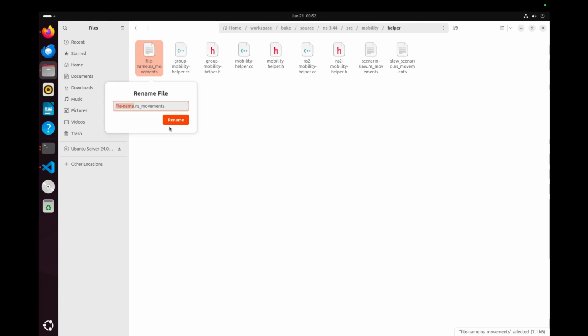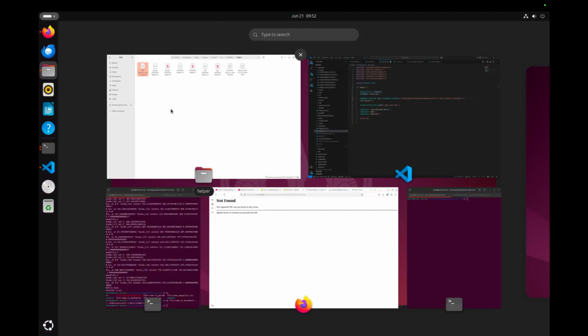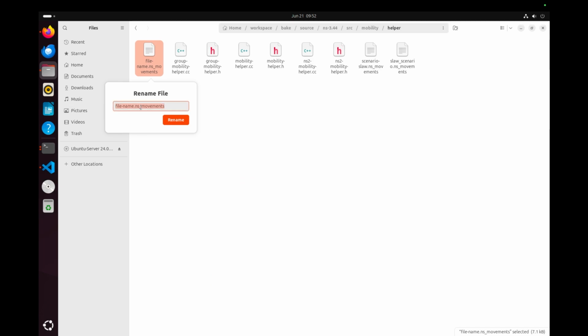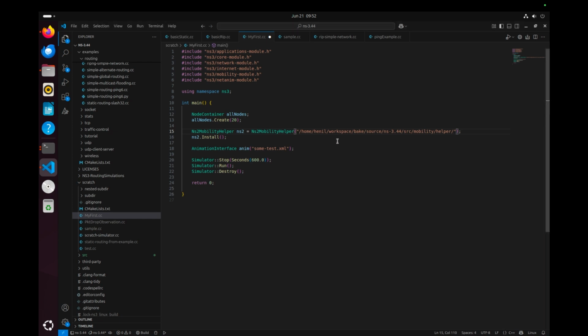Actually I'll use the rename. I can just copy this file name, go inside Visual Studio Code and paste it over here. So this file currently has this many modules. Now let's say we have some node containers. Now we have this mobility helper. This mobility helper will help to generate the movement pattern for the nodes. In between these two we might have the code to generate the topology, and this will simulate for 600 seconds. So now we can just run